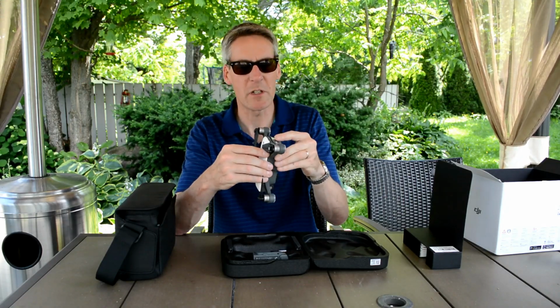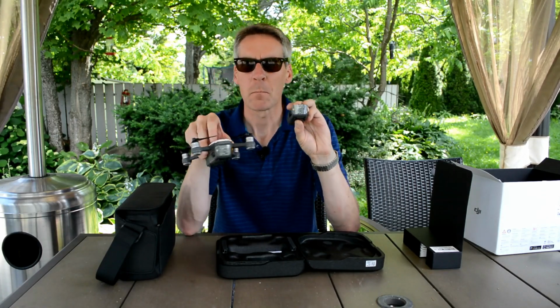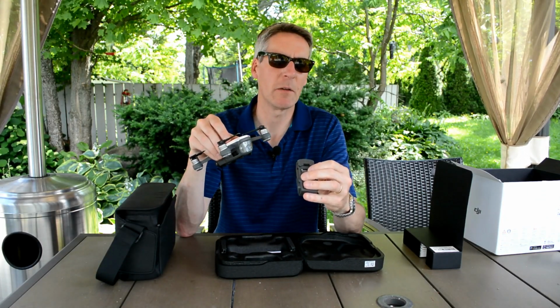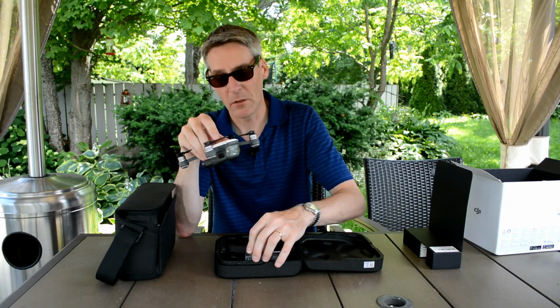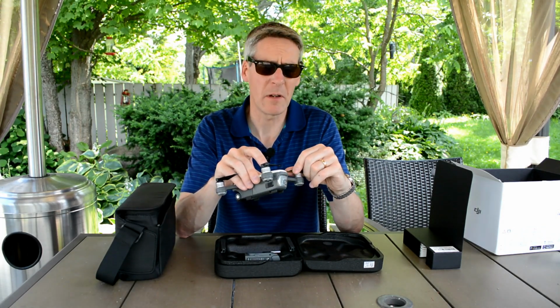The Fly More combo comes with 2. There's one in the drone when it ships, and there's one here in the case. Both of the batteries have a little sticker on the back, giving you some warning information, how to power it on, and most importantly, to charge the battery fully to activate it. The propellers were already mounted on this when it arrived,